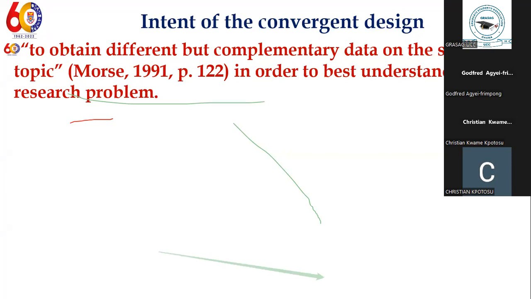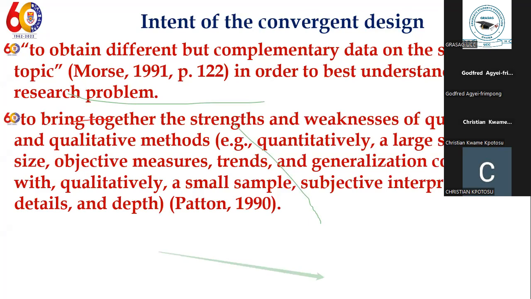and it helps us to understand our problem better. Again, if you want to bring together all the strengths and weaknesses of quantitative and qualitative methods: if we are using a quantitative approach, we'll use a large sample size. We'll have objective responses, measures, that is the questionnaires and all those things. We'll be able to look at the trends and we'll do generalizations. But when we are doing qualitatively, we'll need a small sample. We'll need a subjective interpretation of the results, which are very detailed and in-depth. So when we combine these two types of data, we'll be able to explain our problem